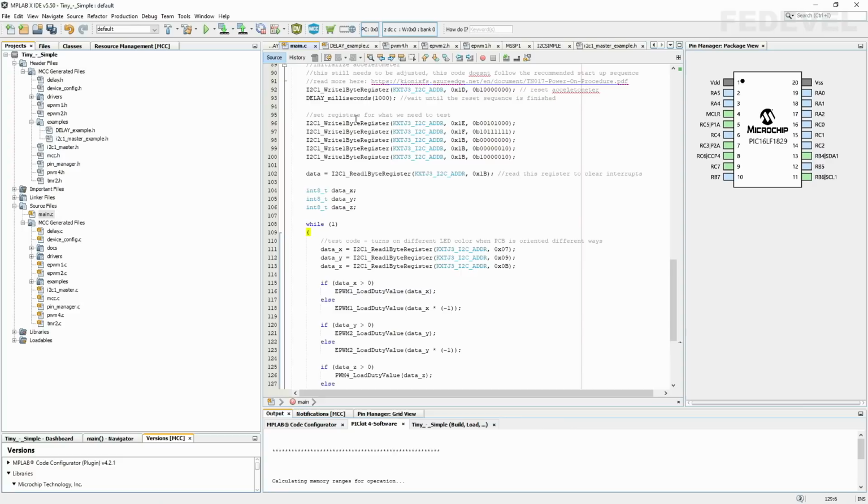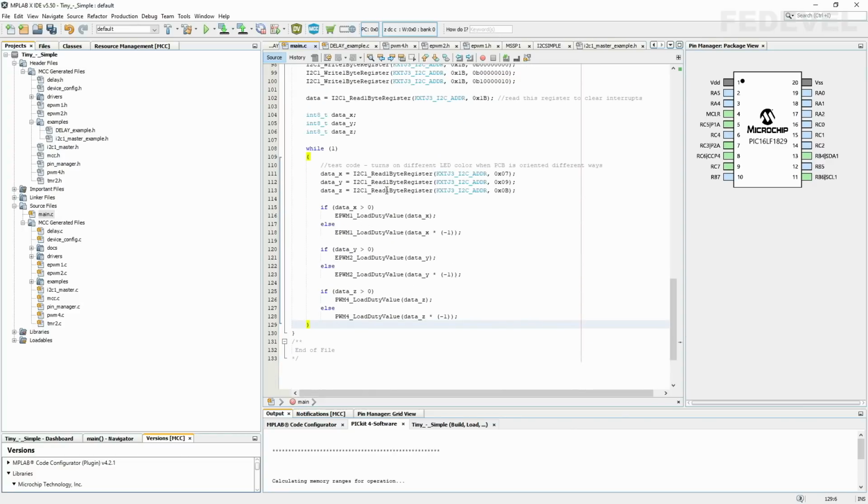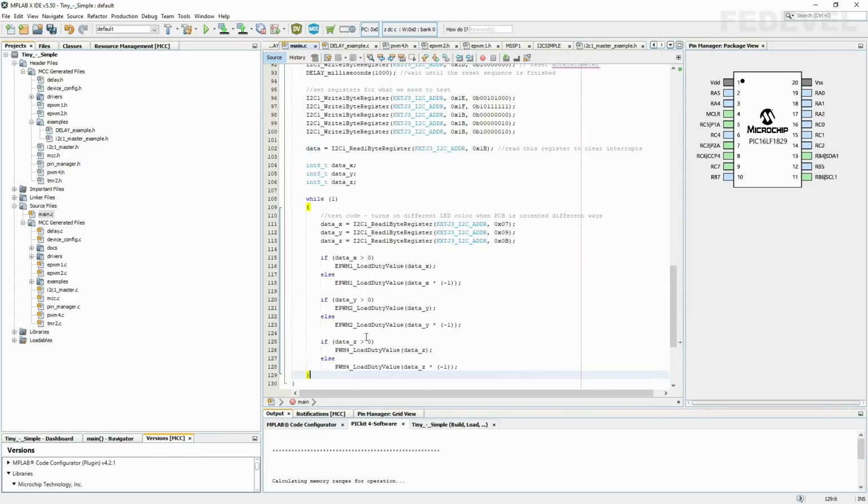Here are some values what we need to change in the registers, and then basically what we will do, we will read X, Y, and Z values from the accelerometer, and based on these values we will light up the LEDs. And when you compile this code, this is what is going to happen. I'm going to press this play button, compile it, load it on our board, and this is how it should work.